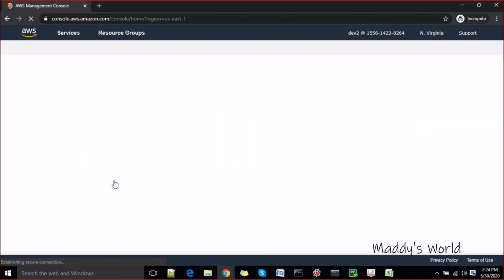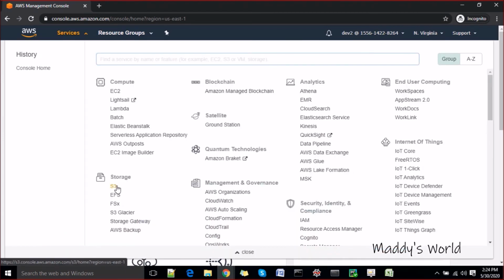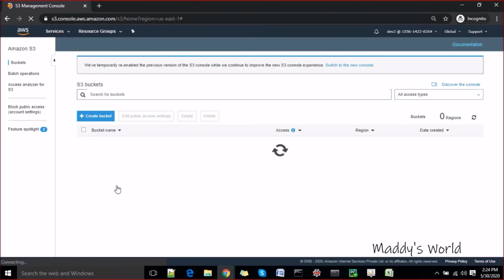So now we are in North Virginia region again with dep2, and let's see, last time we were able to access the S3 bucket. Let's see if this is accessible to us now first before we validate anything else.